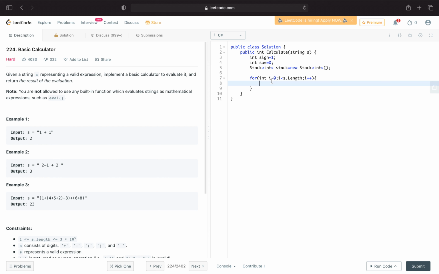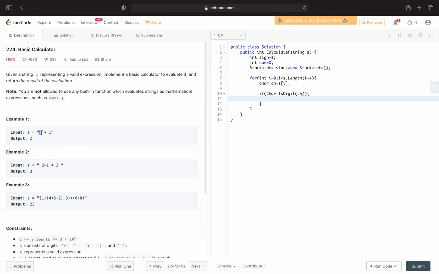In the string we will have a lot of characters, right? So this one is also a character, this one is also a character, everything is a character. So let me create another variable, called character, to take the current character value, and then I will check whether that character is an integer or not. Okay, we have the Boolean function called Character.isDigit. That means we can know if it is an integer value or not, right? So if it is a digit,